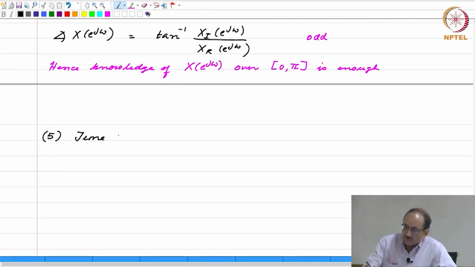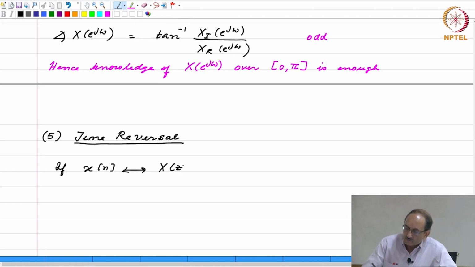So, the next property we can look at is time reversal. So, if x of n has Z transform x of z,